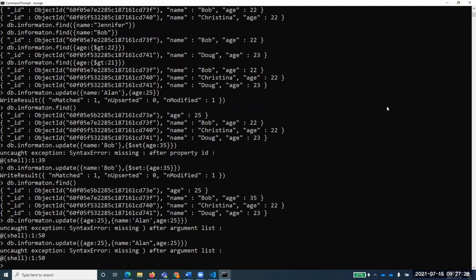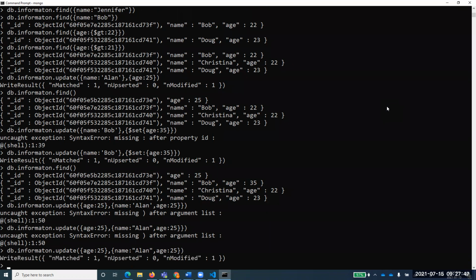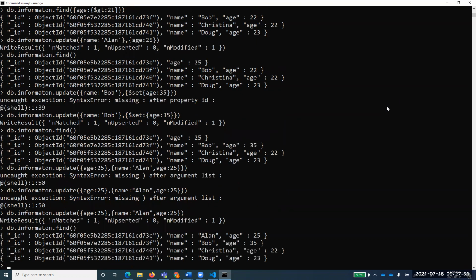No, it's missing some parentheses. It looks like I am just misplacing a comma or something. Oh, double that one. Oh yeah, you're right. Double is creating a problem. Yes, you're right. Yeah, it's modified. Now, if I find that one, you see our Alan is back on track. So Alan age 25, Bob age 35, and things like that.